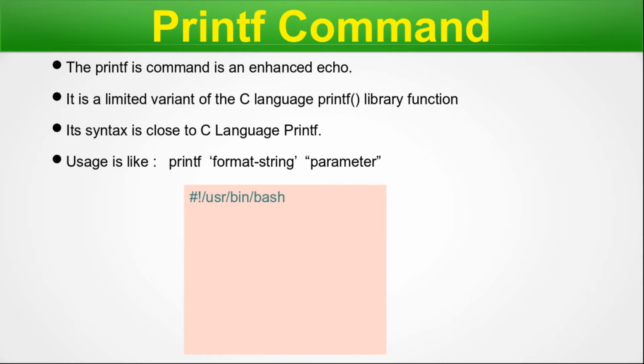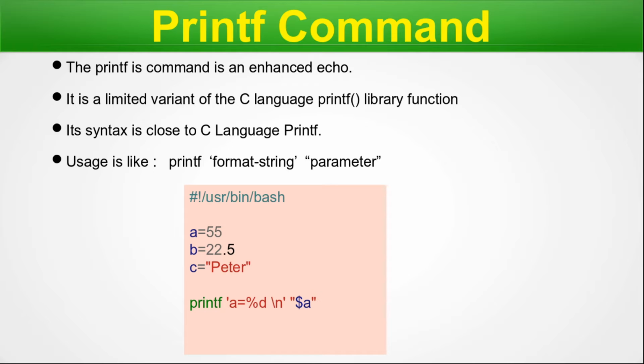We start our script here with the hashbang /usr/bin/bash, and we set a equal to 55, b equal to 22.5, and c equal to Peter. So these are an integer, a floating point number, and a string. So how can we print this? So printf 'a equal to %d', then we give the \n, we close the single quote, and then within double quotes we mention the variable $a, okay.